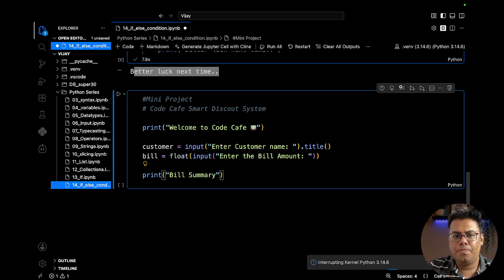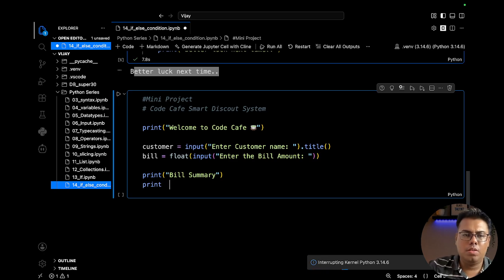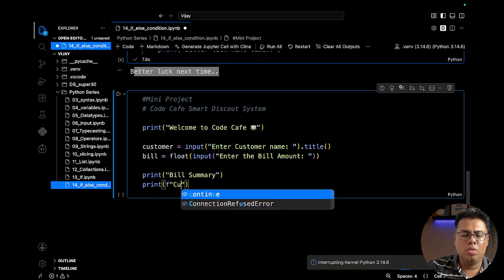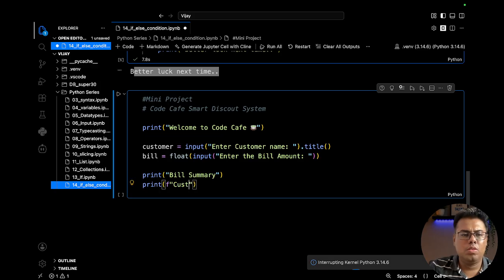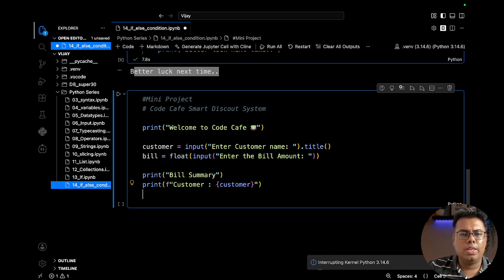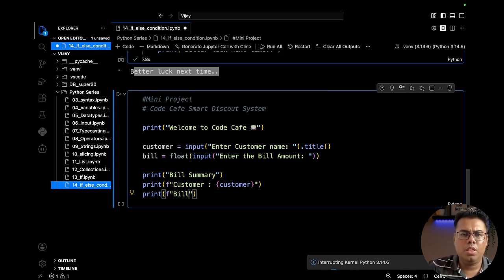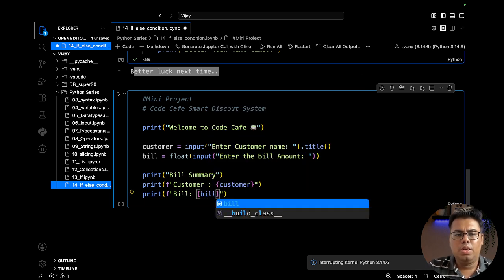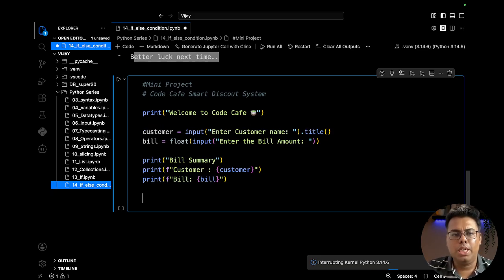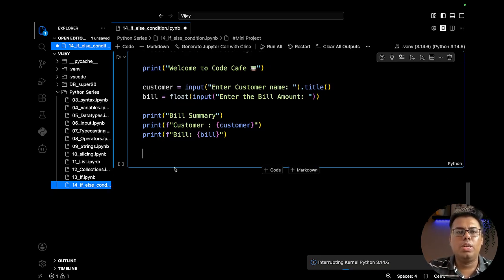Print customer, and then print bill. Okay. Till this portion, we have done this multiple times, taking the customer name input, taking the bill amount input